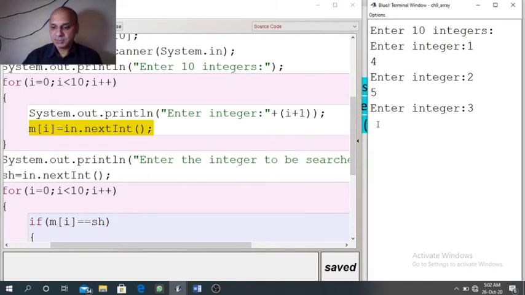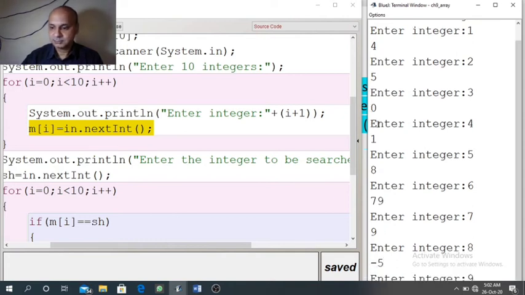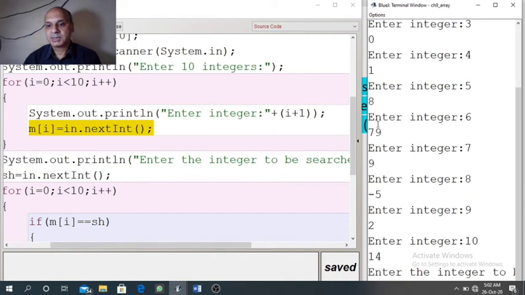In the same way we are going to enter all the values in the array. Any number you can enter, positive or negative. So 10 numbers are entered.